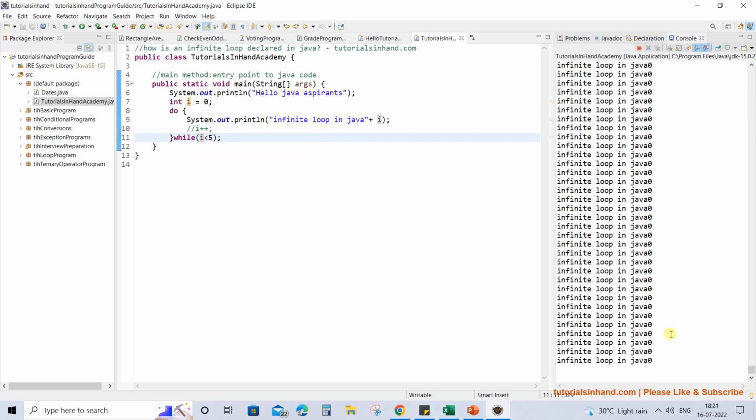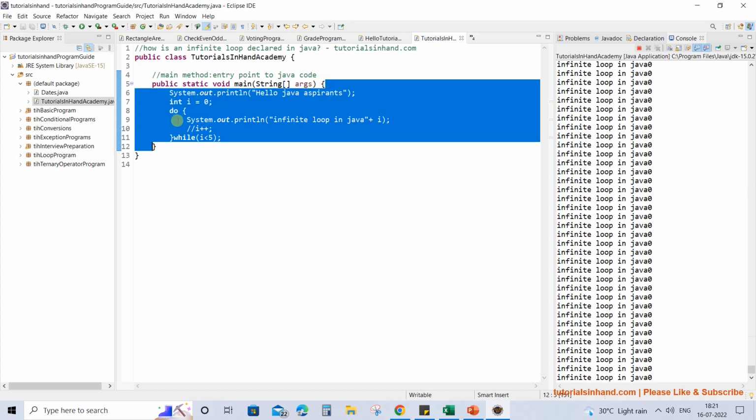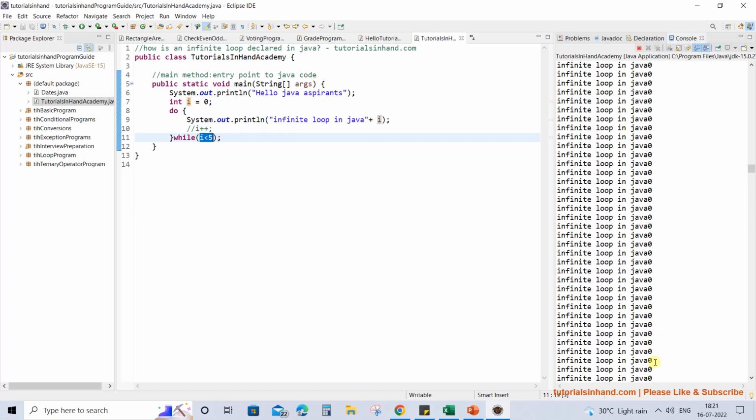You see it again entered the infinite loop because we have commented out this I plus plus, and this statement is not functional in this code, and that is why the value of I is never getting incremented, and this 0 less than 5 always results in true, and thus the loop keeps on executing. As you see on the right side the value is getting printed without any stop.